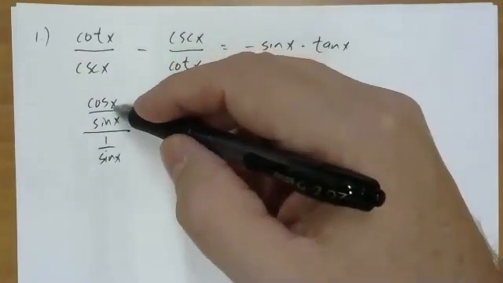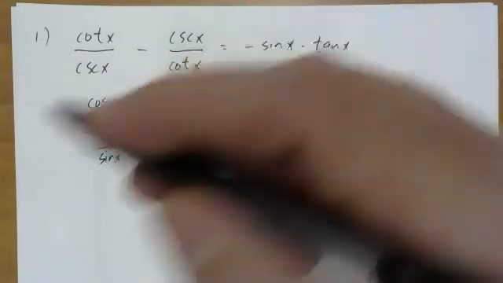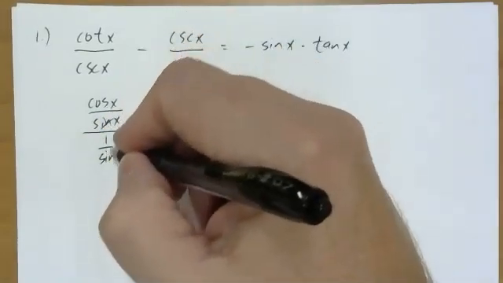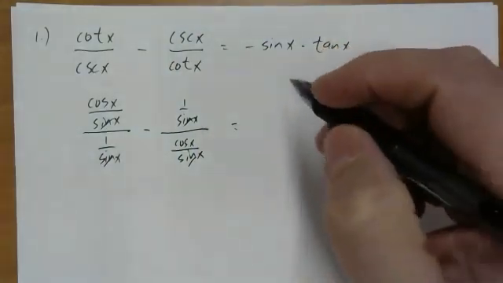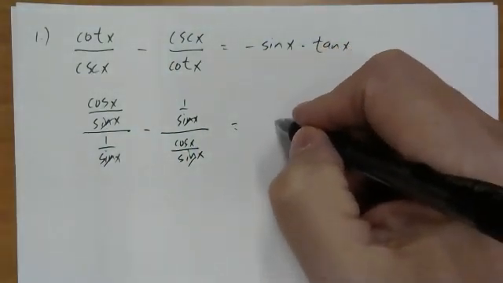First thing I notice, we have some complex fractions here. This sine of x and this sine of x cancel out, and this sine of x and this sine of x cancel out. So now I end up having